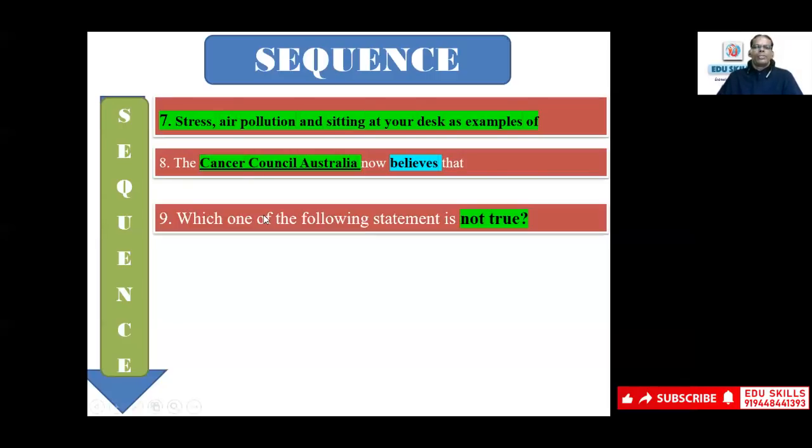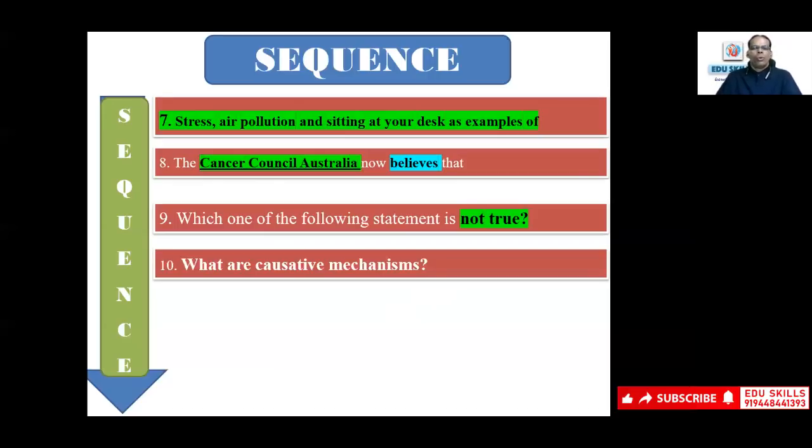And if you understand all these tricks, they are the same, repeated in almost all the leading texts in the same manner. So the 9th one speaks about which one of the following statements is not true, which means out of 4, 3 will be true as per the paragraph, whereas 1 will not be true, which you can make out just by assessing the 4 answer options if need be, or when you know the topic sentence, you know what is going to be explained in that particular paragraph.